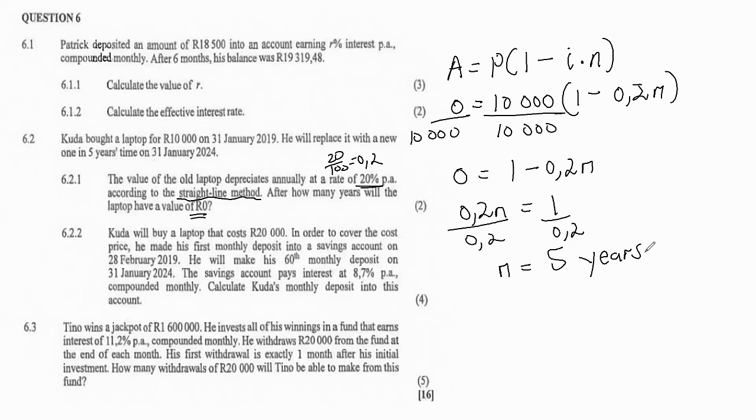So that means Kuda will not be able to sell the laptop after 5 years. He would just need to give it away for free, right? Or give it to his younger brother. Okay, so